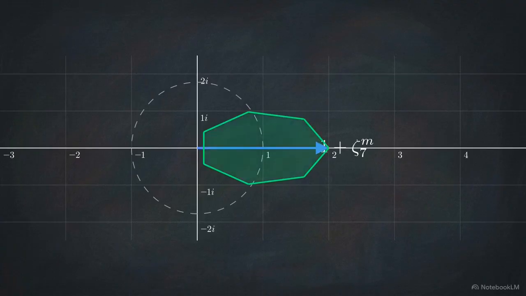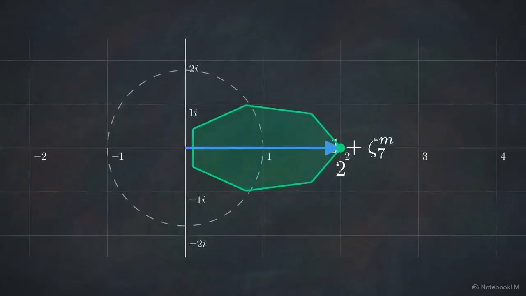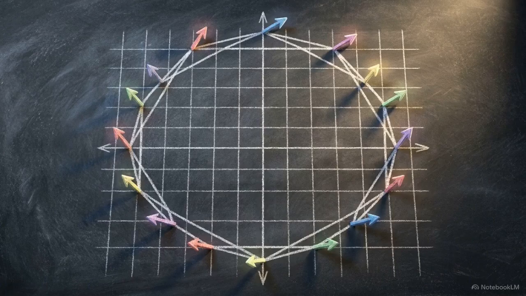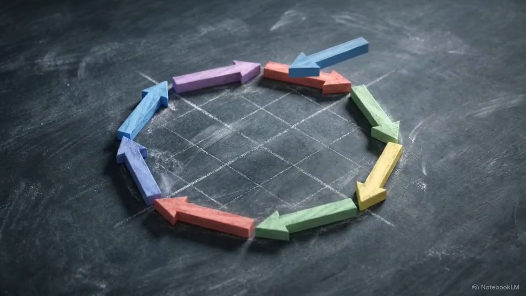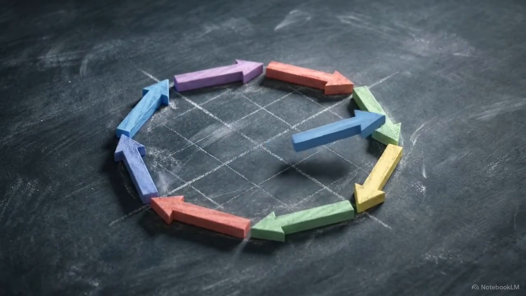Because we are aimed at a primitive root, the tips of these vectors perfectly trace the vertices of a regular polygon. Usually, an infinite product would spin endlessly or vanish, but here, the geometric symmetry of the polygon suggests the sequence might be repeating. This mechanical repetition becomes undeniable, locking into place the exact moment the index m reaches the